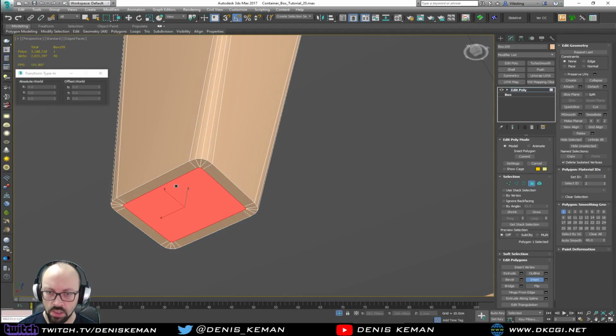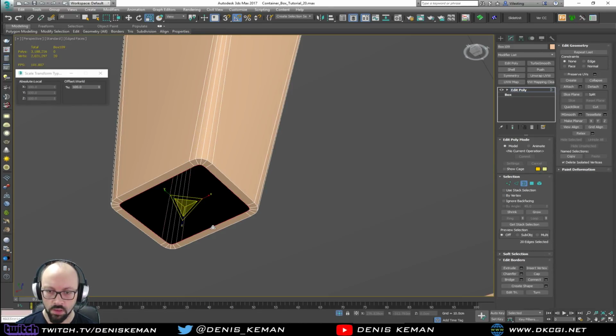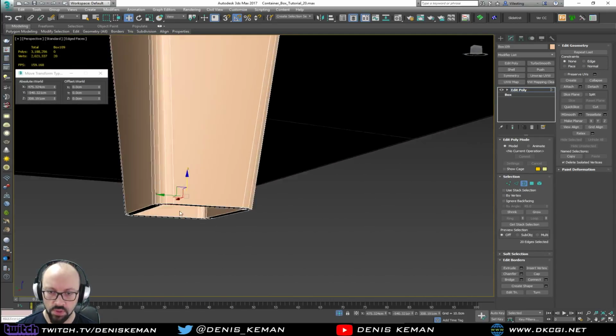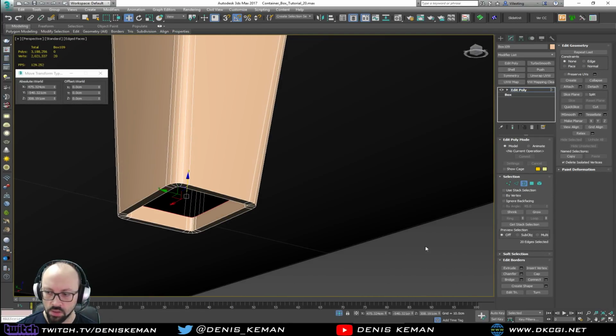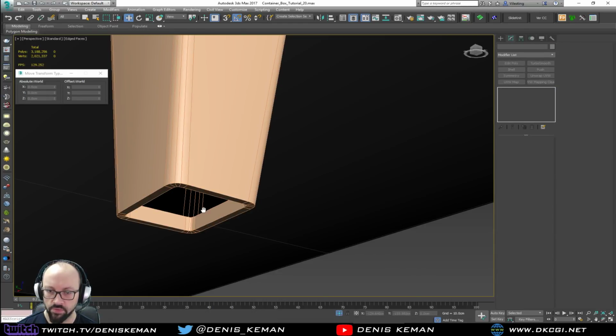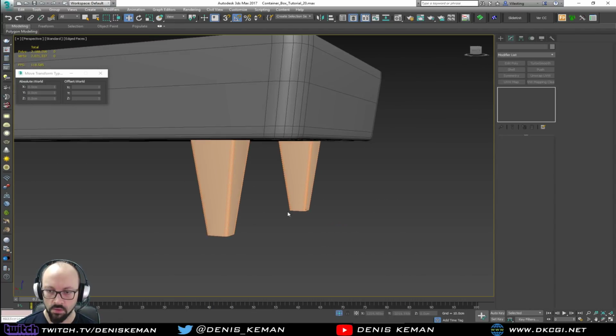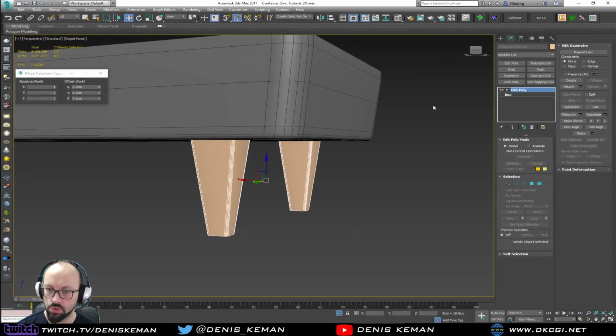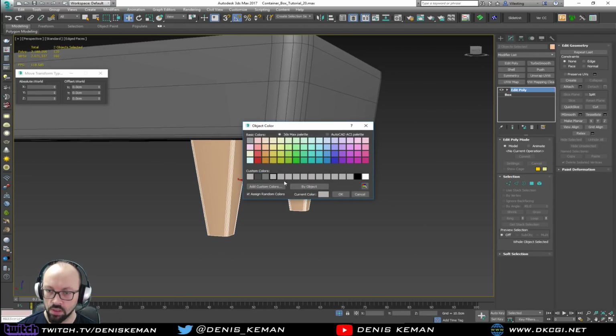Go inset once, delete, push it upwards so we don't have to deal with all of that issue, and leave it like that. It's never going to be seen. So get those two to be lighter color,